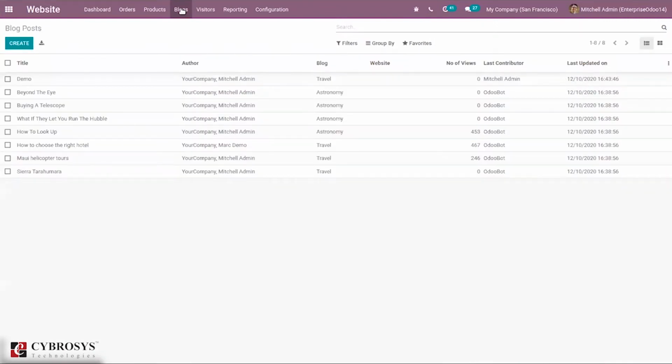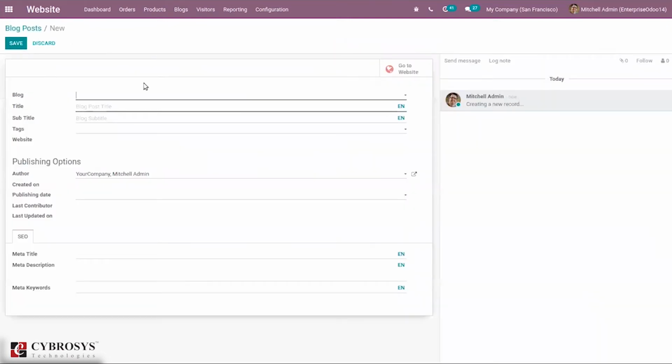It is possible to create new blog posts from here, and you can see some of the blog posts already created. Just click Create, and here we can select the blog in which we are creating the blog post. Suppose I'm creating a new blog like food, and you can click Create and Edit.